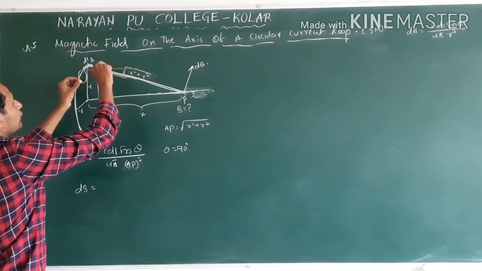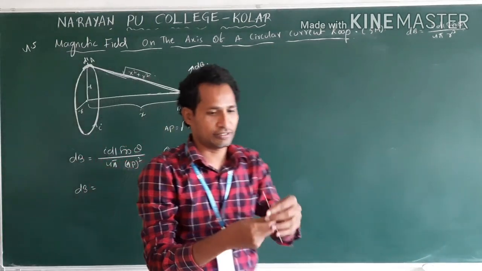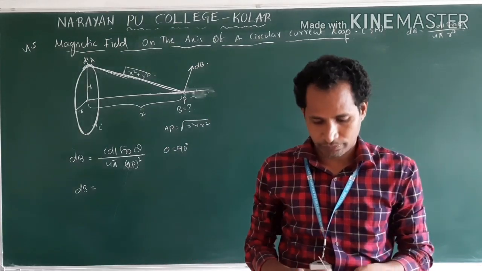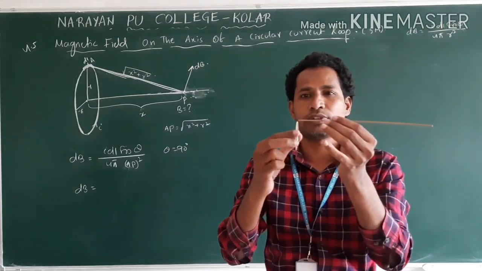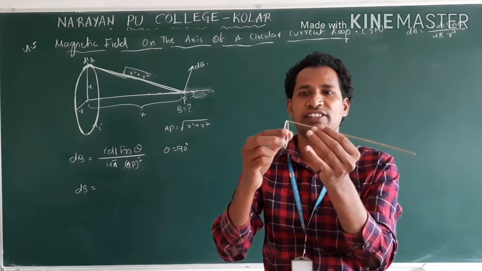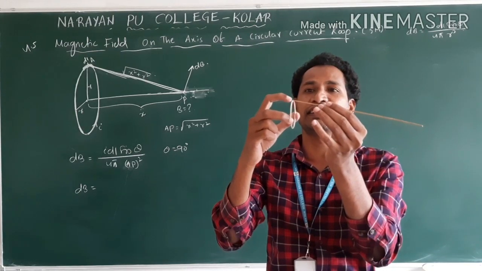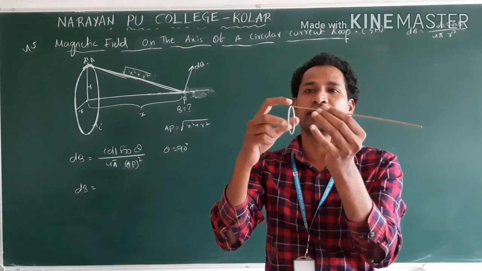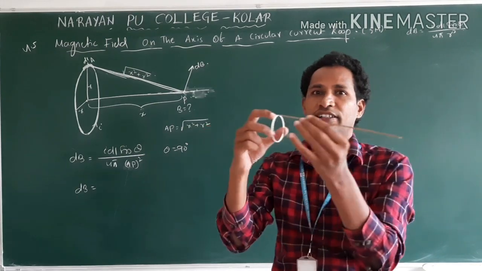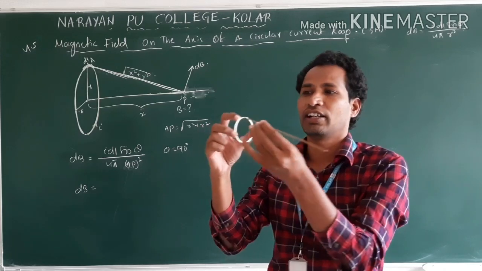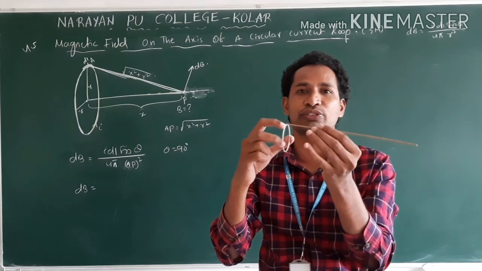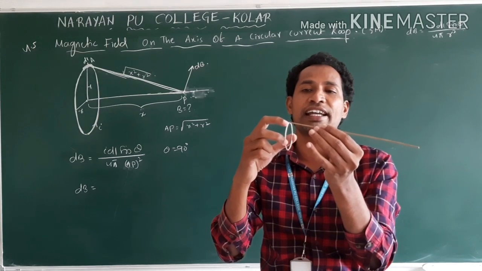This is the situation. Clear? Now theta, where we have taken this stick and this element, how is it looking? See, 90 degree. Clear? According to Biot's law, theta is the angle that we need